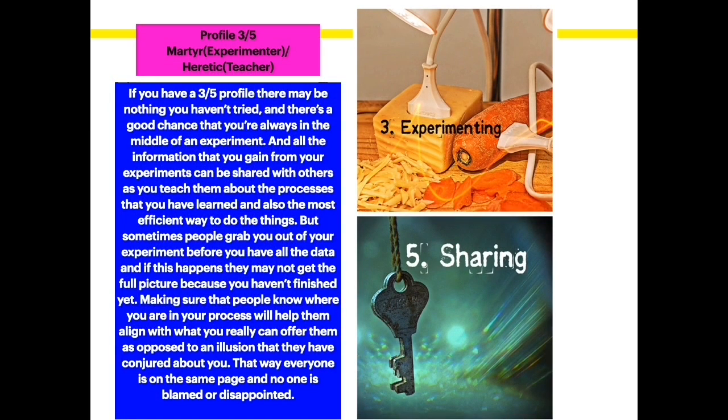Now we're going on to the 3-5 profile. Now 3-5 profile, martyr, experimenter, heretic, teacher, 2 heavy-duty words. And so when we're talking about a 3rd line, we're talking about somebody who's experimenting with life, somebody who's trying this and trying that. How does this work? How doesn't it work? What works? If I do this, what will I get? If I do that, what will I get? There's this level of always experimenting with life, and life is everything. Life is relationships. Life is jobs. Life is where you live, what you eat. It's an experiment of